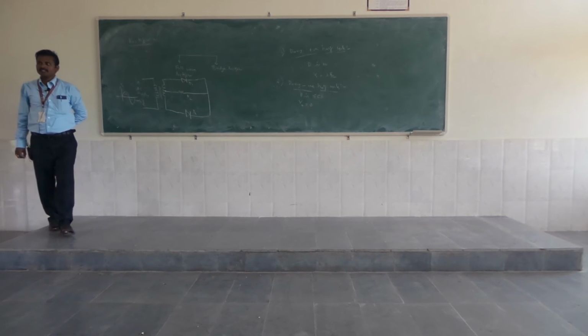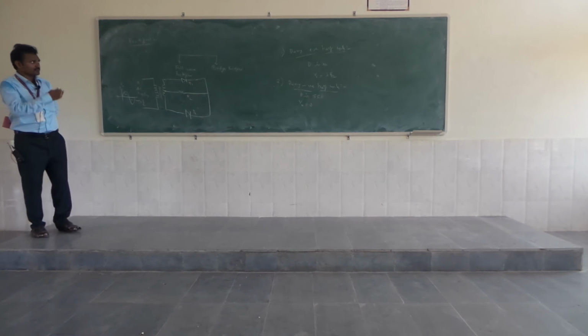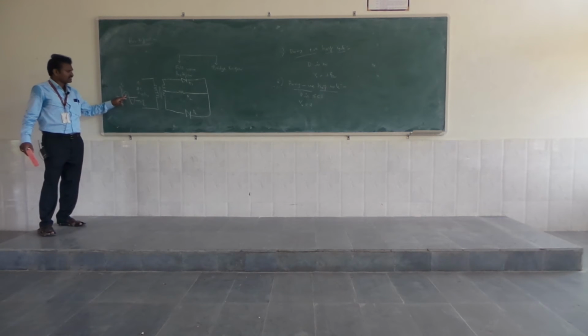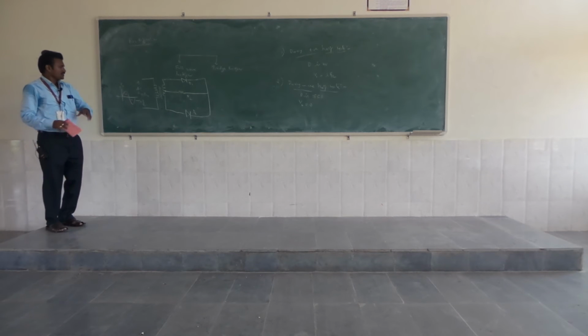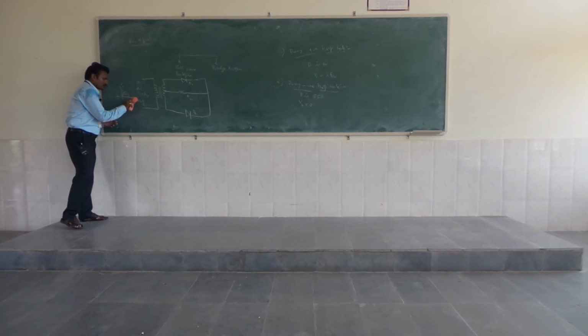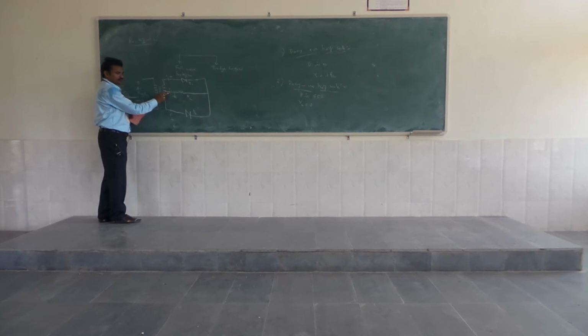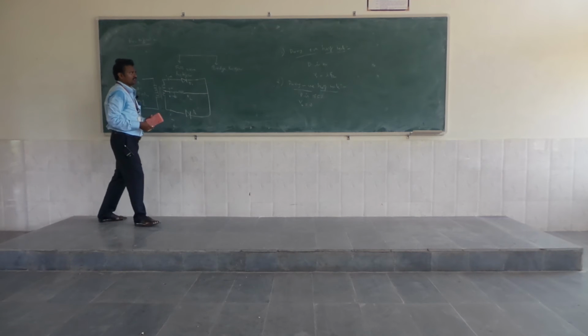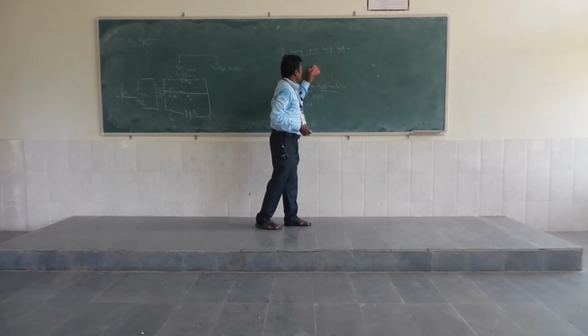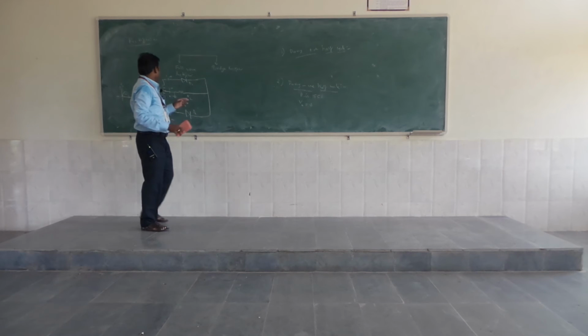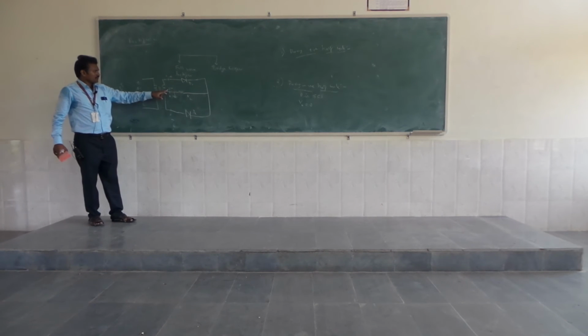AC supply. Again, in this case also we can explain the operation by using two half cycles: first during positive half cycle, then during negative half cycle. First, during positive half cycle, if you apply positive, then point 1 is positive, point 2 is negative, and since point 3 is grounded, it automatically induces negative polarity here and positive polarity here. So during this half cycle, point 1 is positive to point 3 and point 2 is negative to point 3.